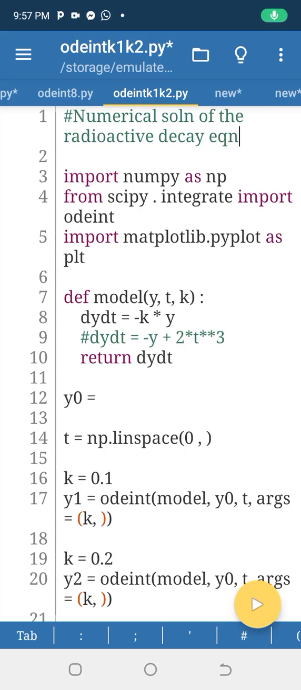Hello everyone, in this video we are going to discuss how you can get the numerical solution of an ordinary differential equation in Python. We have an example of a radioactive decay equation. We know the radioactive decay equation